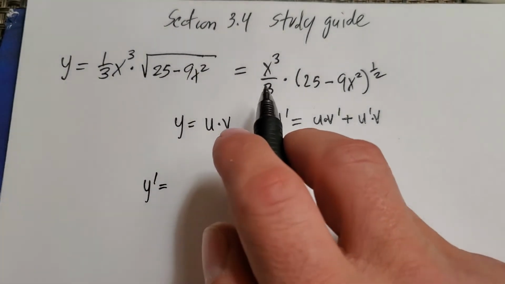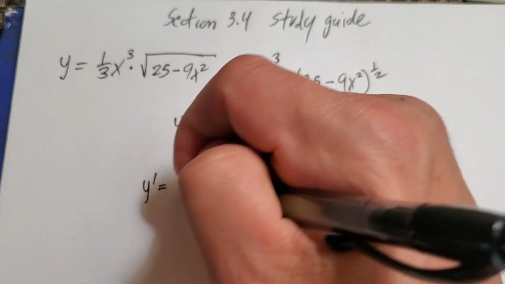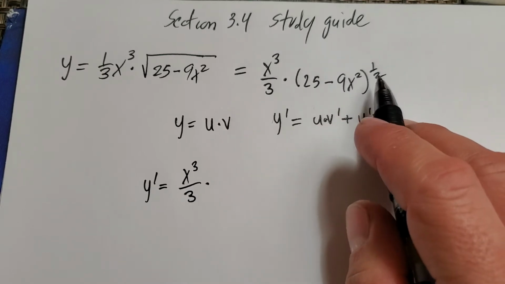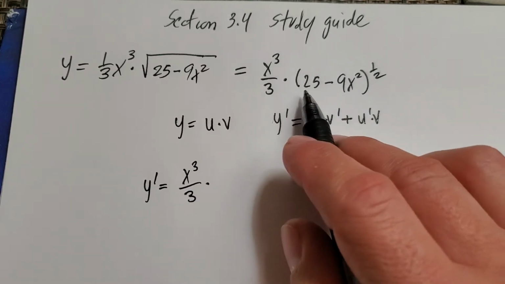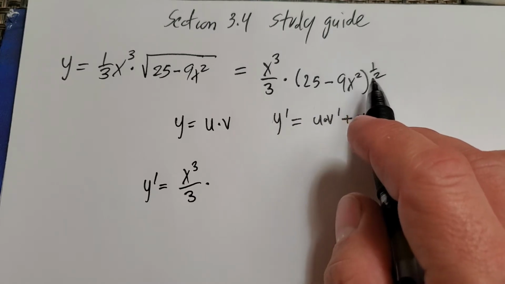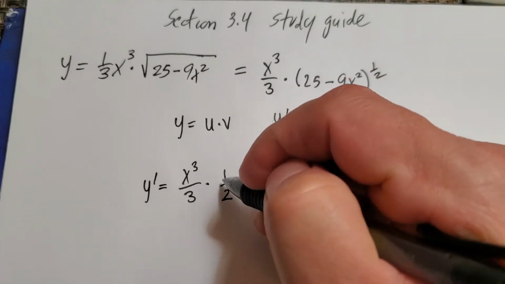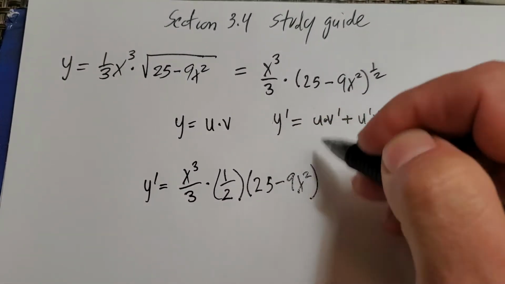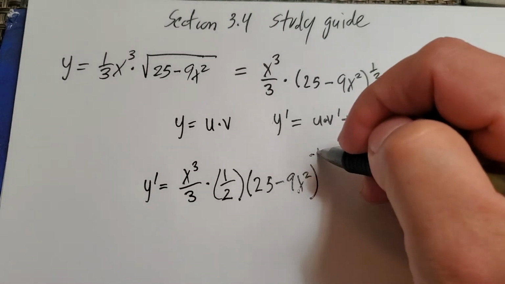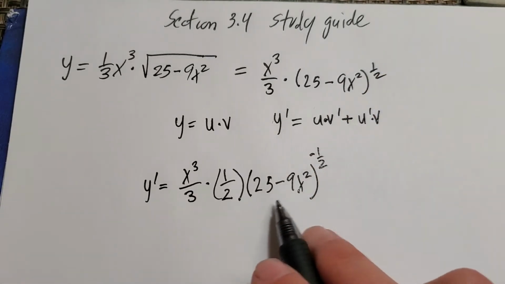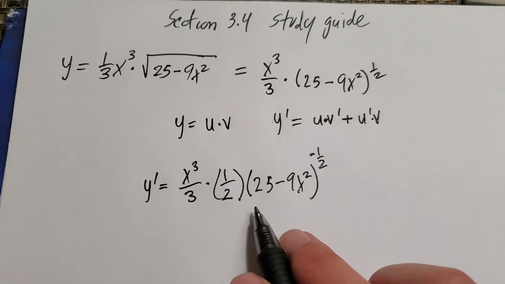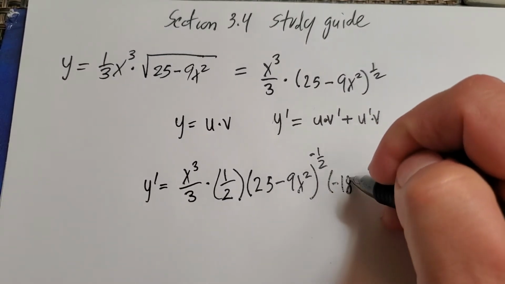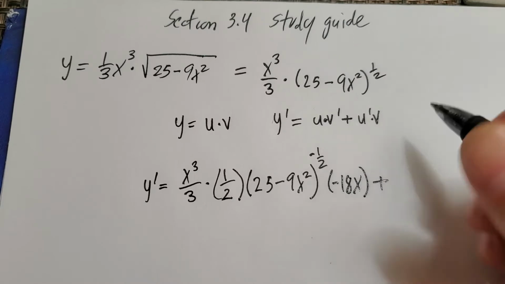So y prime is u, left alone at first, times v prime, where we're going to have to use the chain rule. We have to find the derivative of 25 minus 9x squared to the 1/2. So let's start by bringing the 1/2 to the front, times 25 minus 9x squared to the 1/2 minus 1, that's negative 1/2, times the derivative of the inside. Well, the derivative of 25 is 0, and the derivative of minus 9x squared is negative 18x,